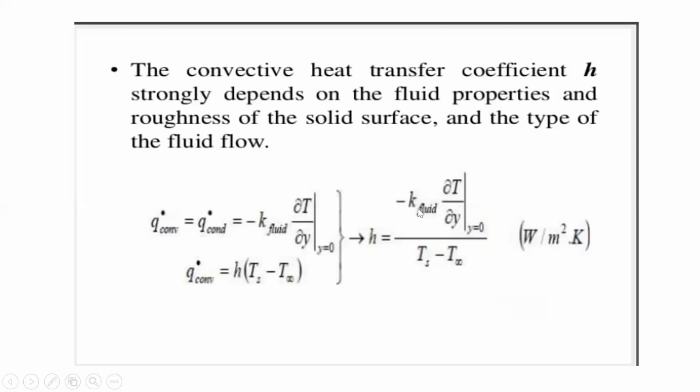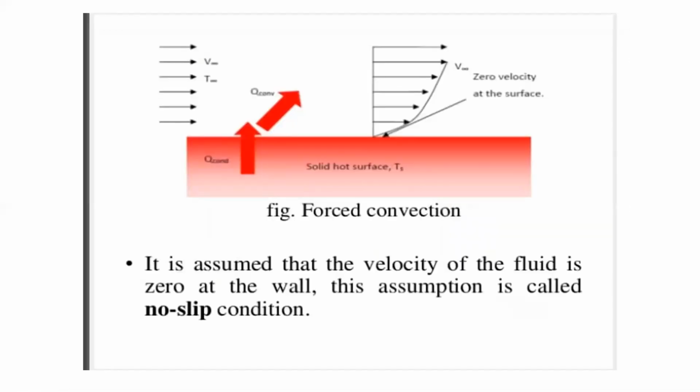So here, as I mentioned, in the next slide, a hot surface is there. In the picture we can see the solid is the hot surface. Above that we are passing some fluid, cold fluid or some other fluid. Initially it is V infinity, meaning the initial velocity you are passing, and T infinity is nothing but the ambient temperature. So while passing this cold fluid over the hot surface, at the end we are getting a higher temperature, which we call the surface temperature, and also we are getting the higher temperature at the end.